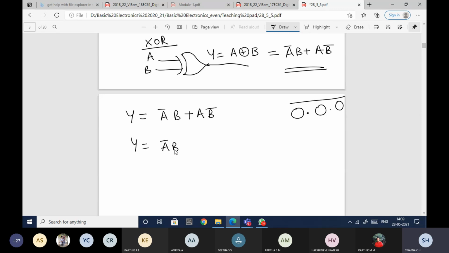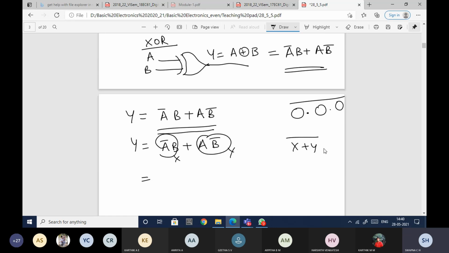Take double complement. Whenever I'm just giving you a clue, whenever you have to implement using NAND gates, you take double complement. So here also I'll take double complement. One complement I'll just expand. It is in the form of A plus B, or I'll take X plus Y instead of A plus B. I'll just take this term as X and this term as Y. So X plus Y whole bar I have.